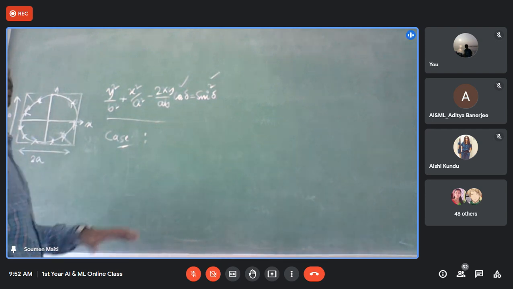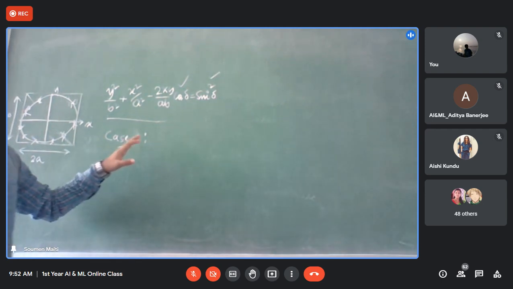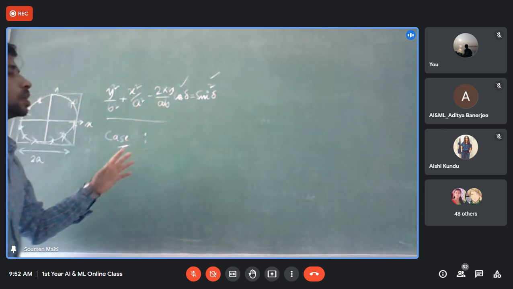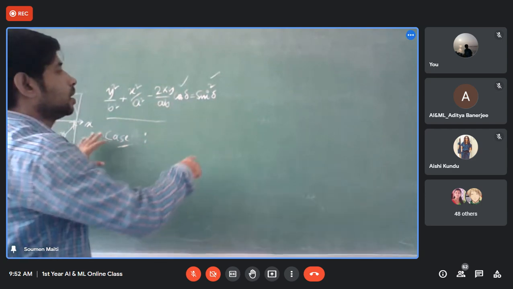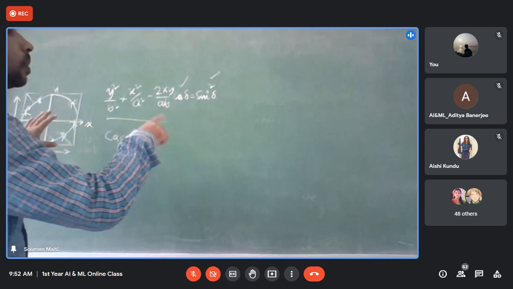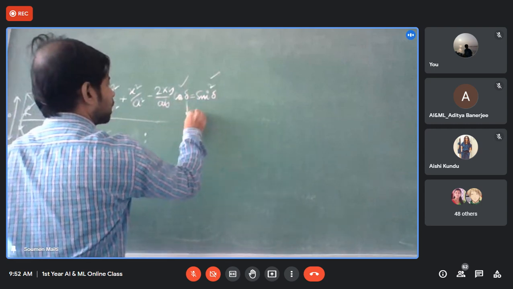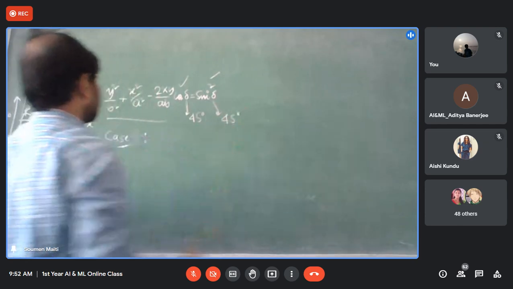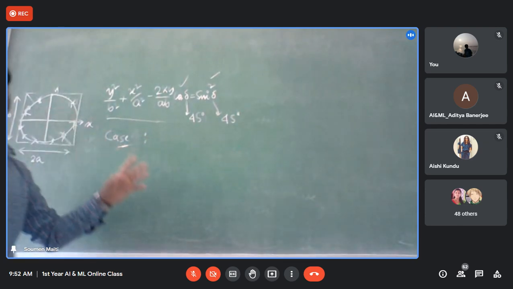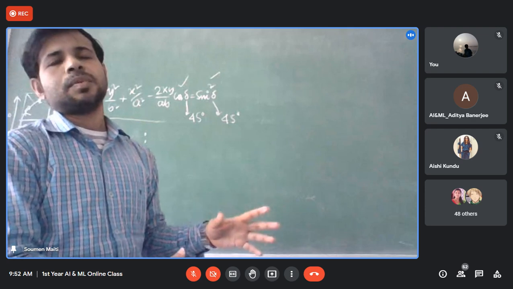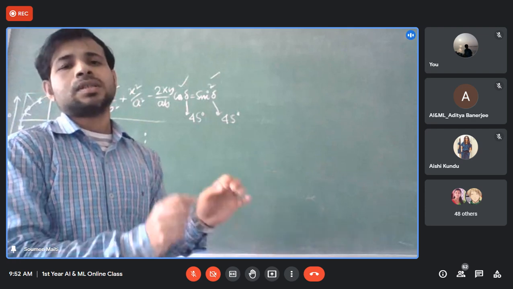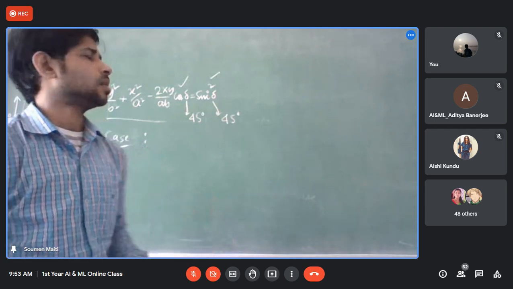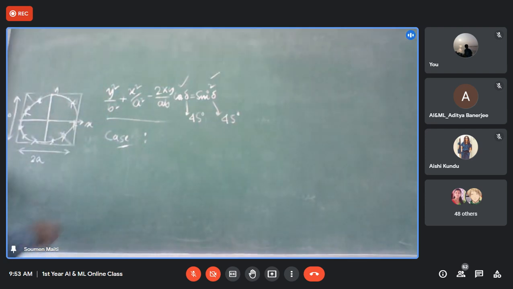Okay. So this is case number 5. At 45 degree, what will happen? If we put the value of cos delta and the value of sin delta, in both cases, if you plot at delta equal to 45 degree, you will find that in both cases you will achieve an ellipse also. This is a simple home task. Maybe they will not give it in the exam, but you can check this. So case number 5 is already done.